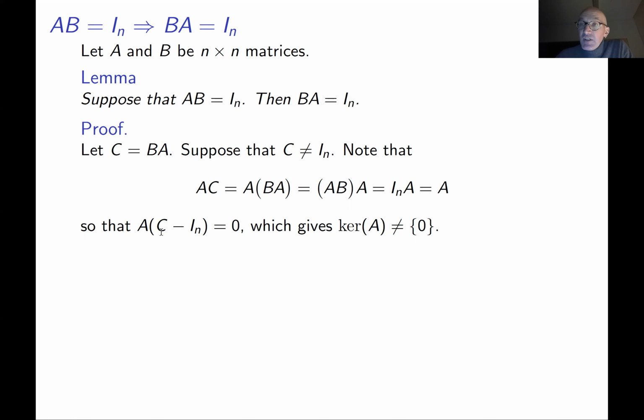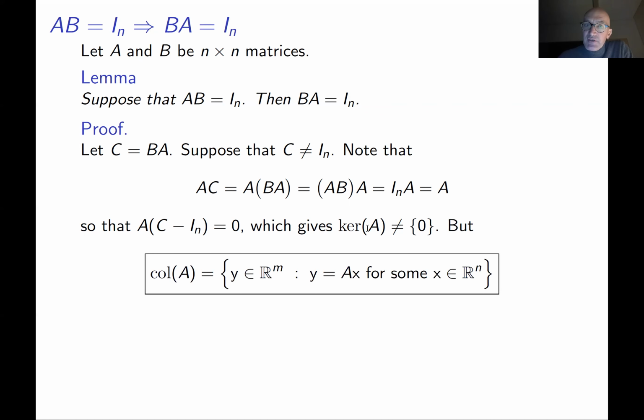What does it mean? It means that this column is contained in the kernel of the matrix A. So in particular, the kernel of the matrix A is not 0. It contains a non-zero vector. So the nullity of the matrix A is positive. The dimension of the kernel is strictly positive. It's not 0. Of course, we're going to use the rank-nullity theorem at some point. First, let me remind you what the rank of a matrix is. The rank of a matrix is the dimension of its column space, or equivalently, the dimension of its row space.